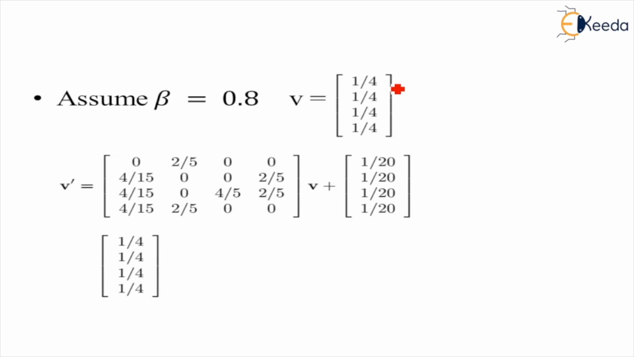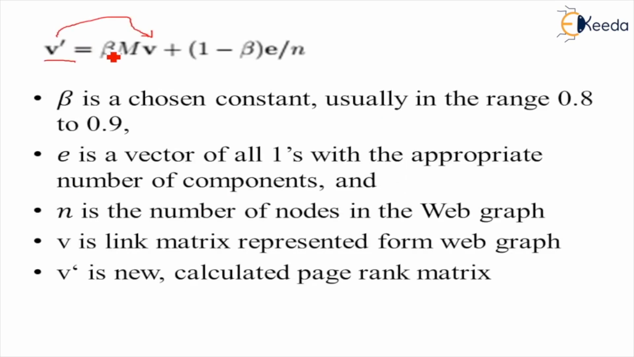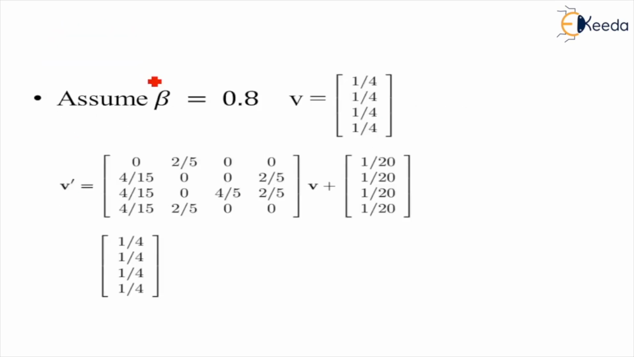1/4, 1/4, 1/4 and 1/4 because we have 4 nodes in the given graph. So we'll consider 1/4. Now we already know in the formula we have beta, M and V. So we consider this beta and M. Beta value 0.8 is multiplied inside this matrix. We get all these numbers 0, 4/15, 4/15, 4/15 and subsequently we get the other elements of the matrix, and this will be multiplied by V plus